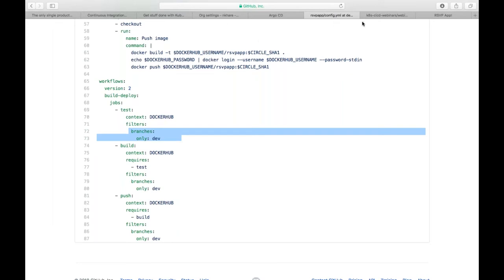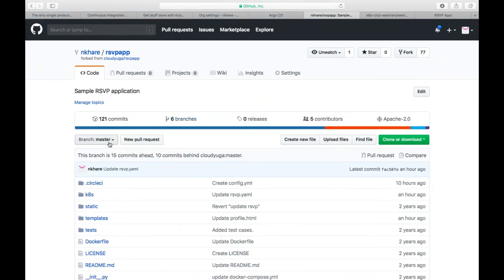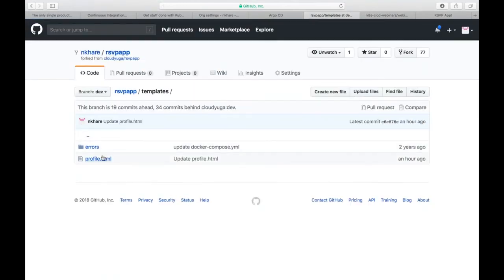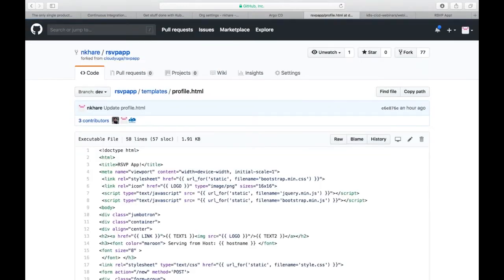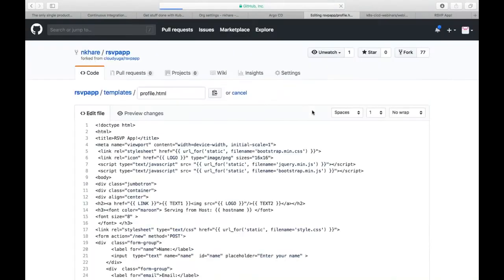So let's go ahead to our source code repository here. What we'll do now is go to the dev branch, then go to templates, profile.html, and make a change here.